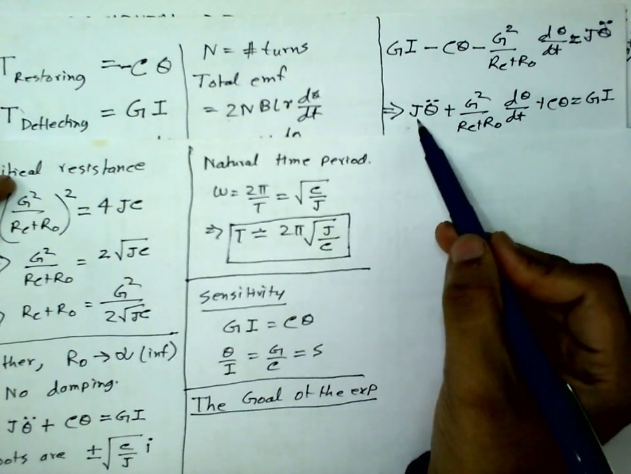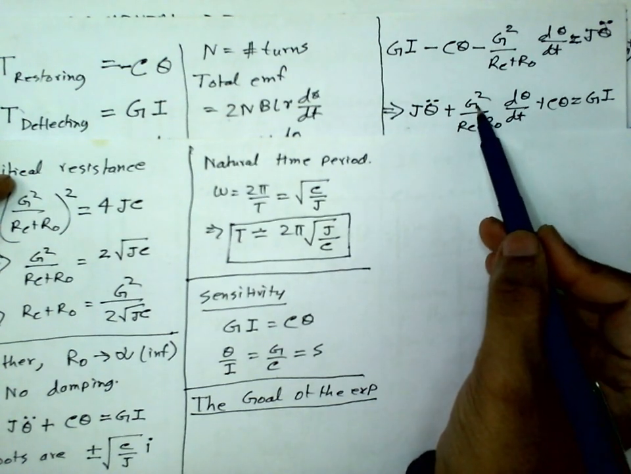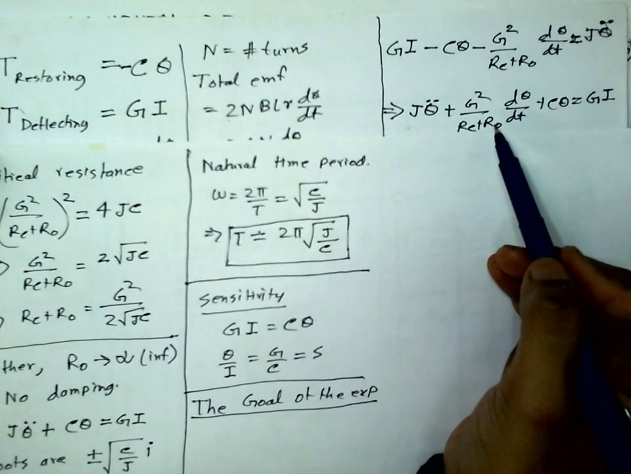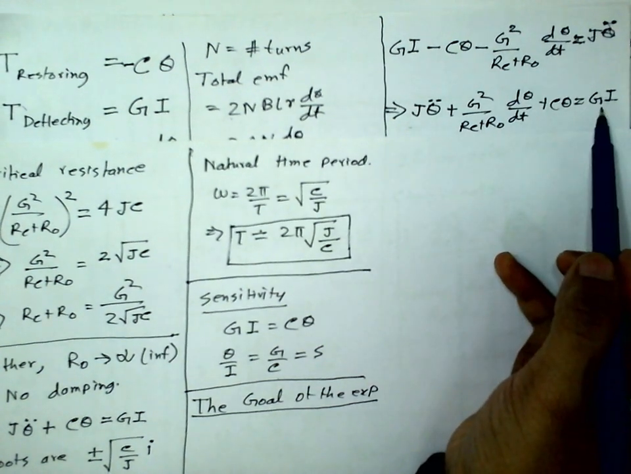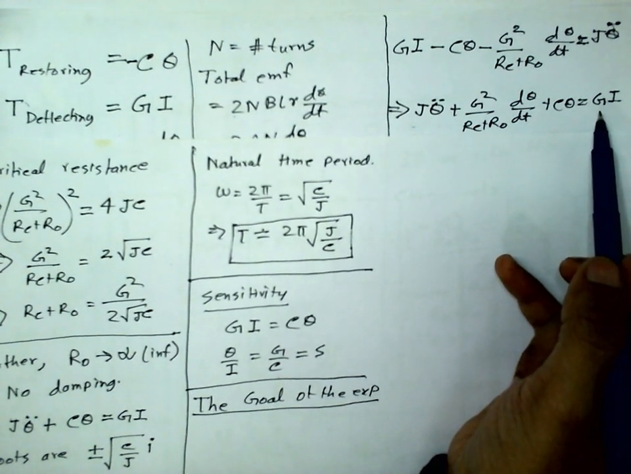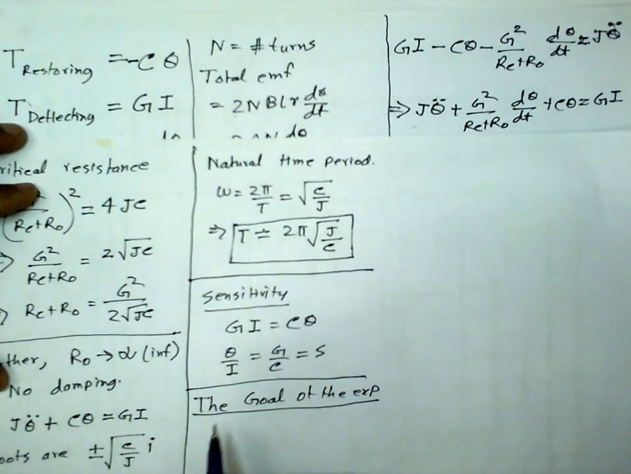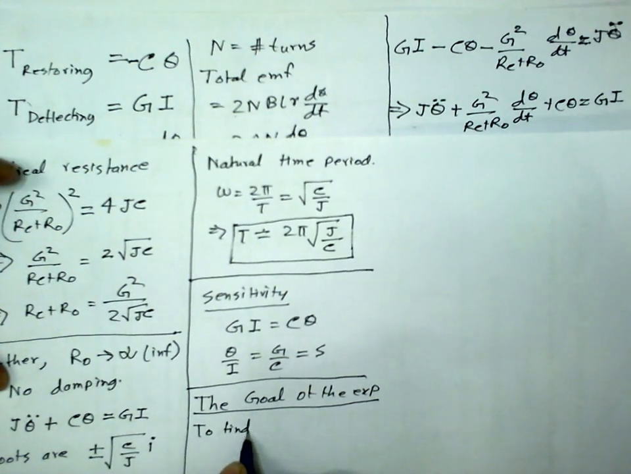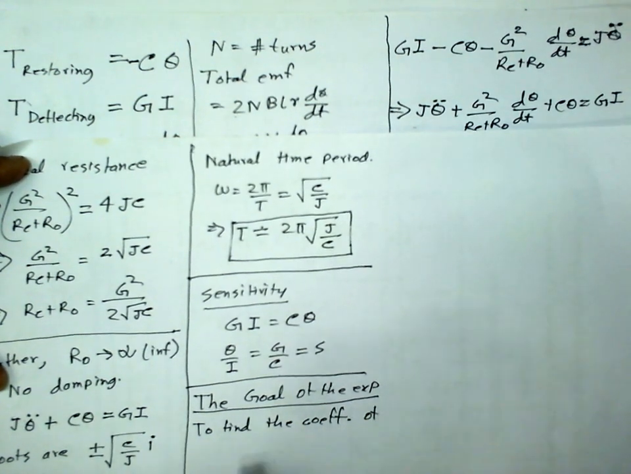Now if we know J, C and G, this is also known, because G is known and RC and RO can be measured easily, resistance can be measured easily. So if we know J, C and G, then we know all the parameters related to the dynamics of this system. So the goal of this experiment is to find the coefficients of the dynamical equation,